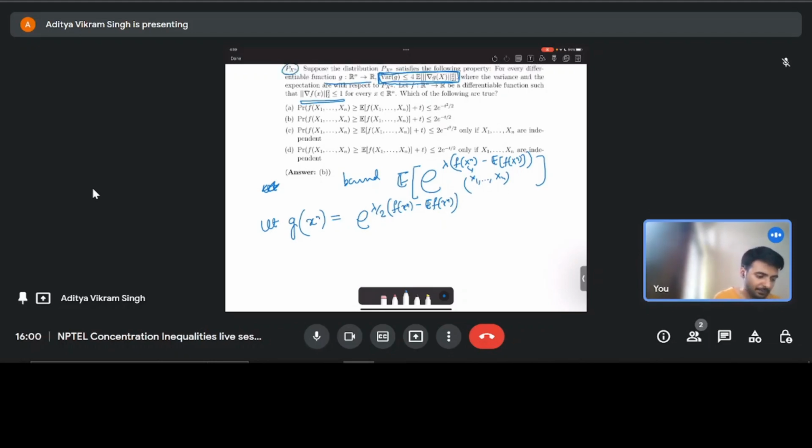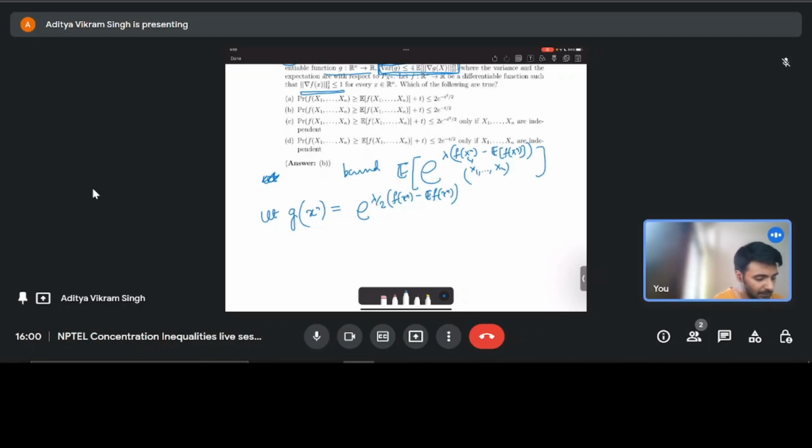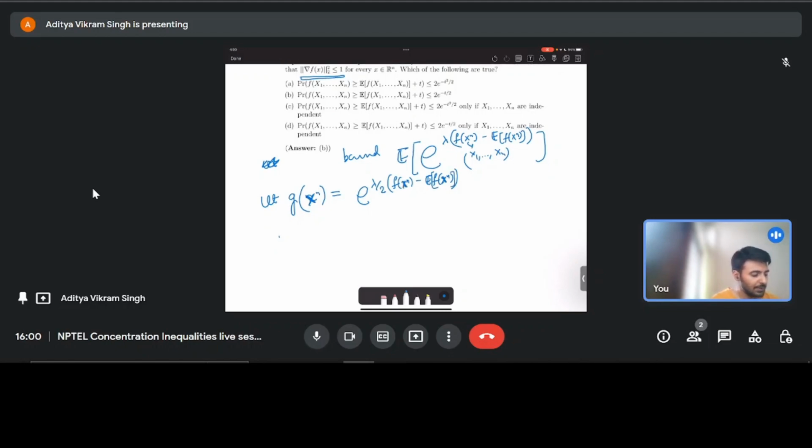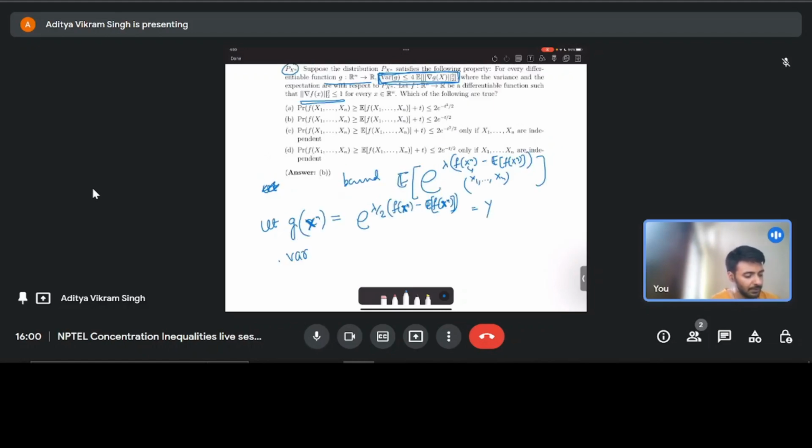Right. And so what would be, okay, so then we have, and I'll take this x n as a random variable. This inside expectation had to be a random variable. So let's call this y. Then from what is given above, from here we have that the variance of y